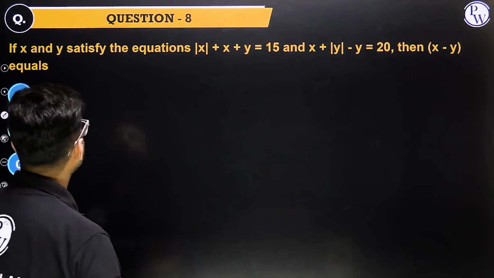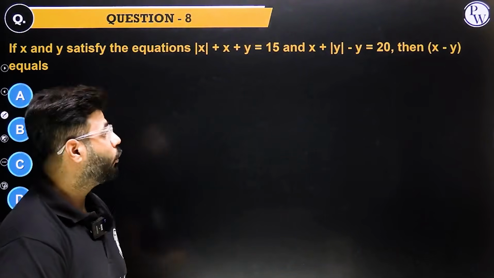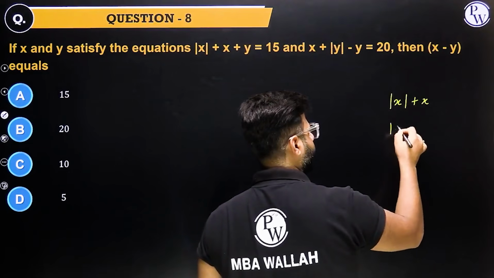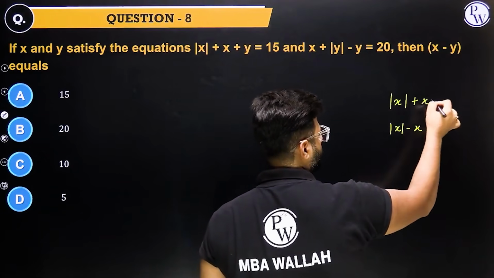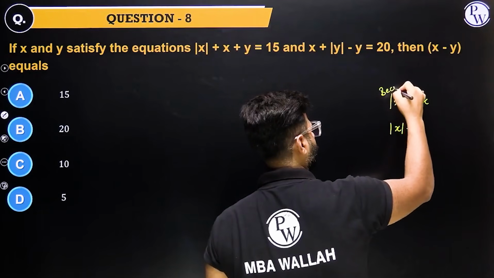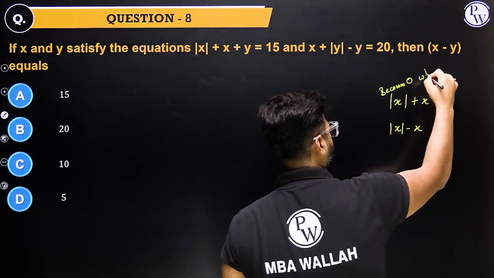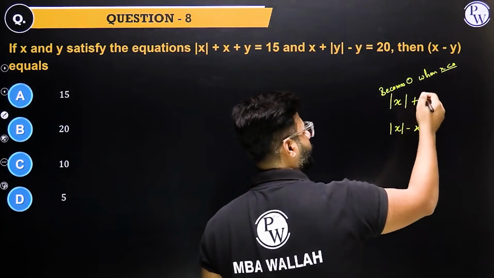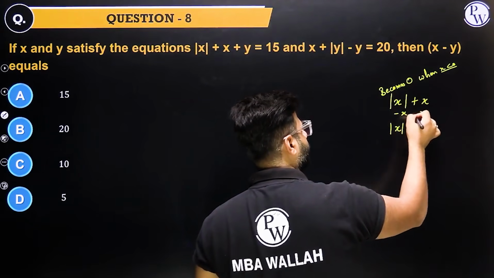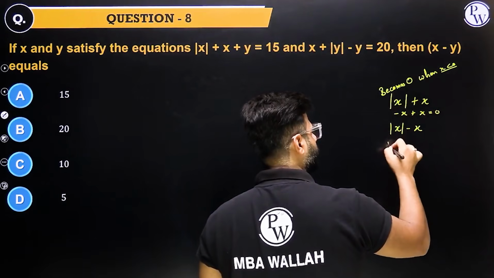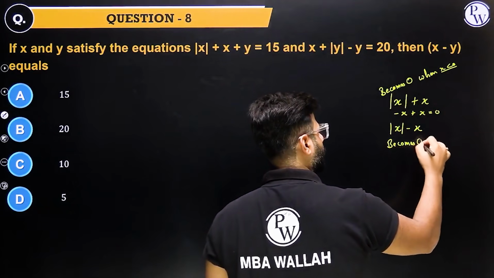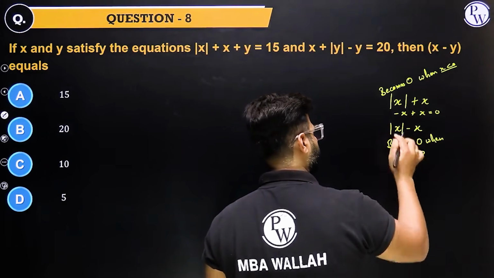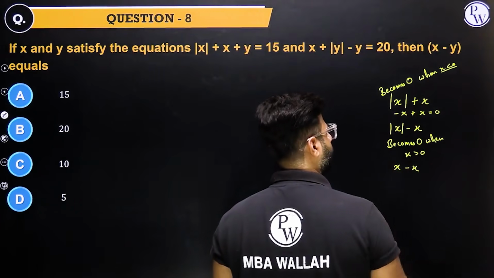Let's have a look at this one. Algebra using modulus. Pause and try. Beautiful thing over here. Remember guys, mod x plus x or mod x minus x, they are beautiful terms. This guy becomes 0 when x is negative. You can see this kind of term over here. If x is negative, this remains as x, this opens up with a negative sign, becomes 0. And this becomes 0 when x is greater than 0. If x is greater than 0, mod opens like this. We already have x, you get it, right?